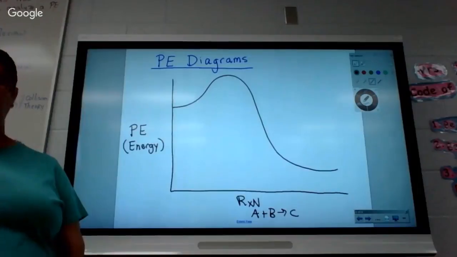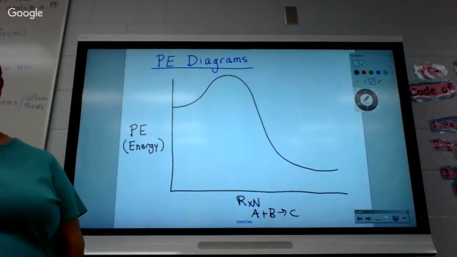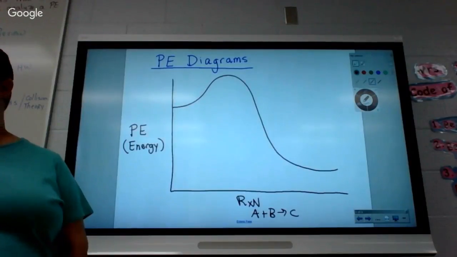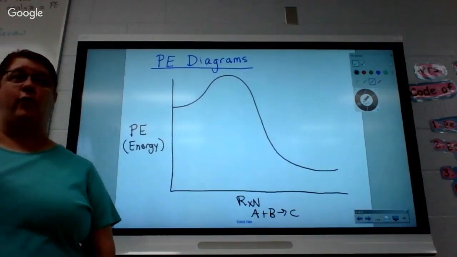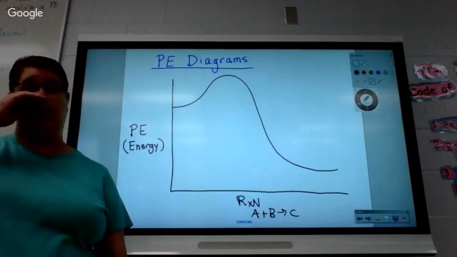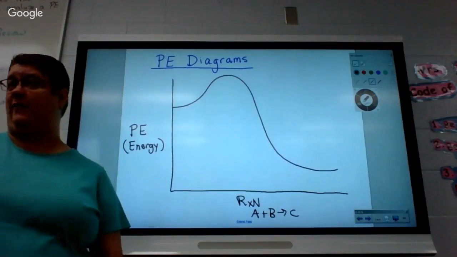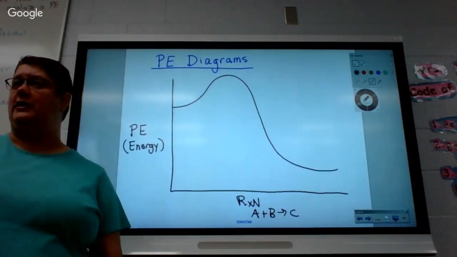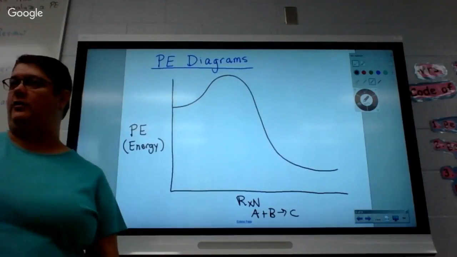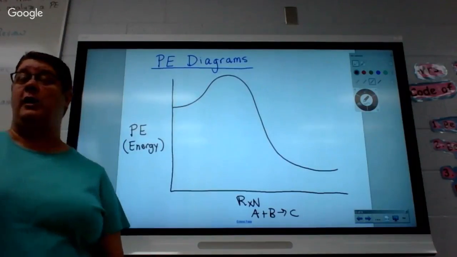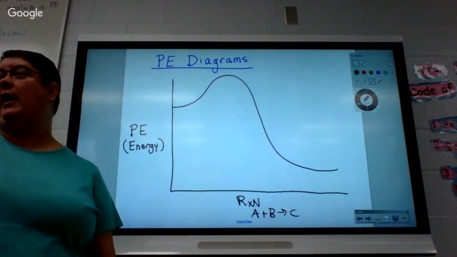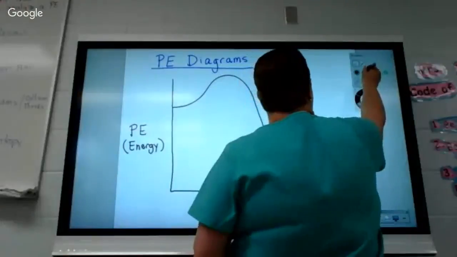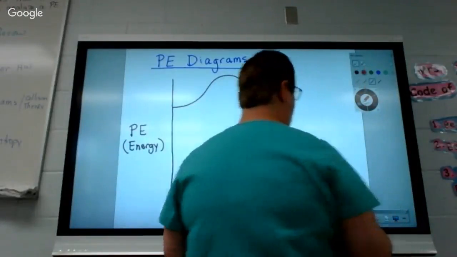Now, the first thing we need to be able to find is the activation energy that we've been referring to. We said in order for a reaction to occur, we need to have some minimum amount of energy, some sufficient energy to get this reaction going. You can't work if you don't have proper orientation and you don't have sufficient energy, right? So, activation energy. So what is it? Everybody got what they need?